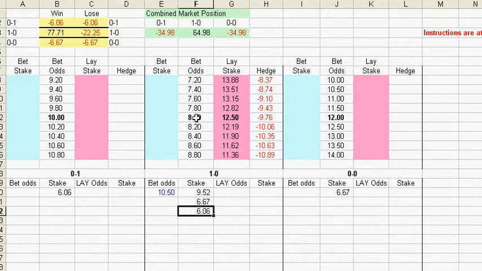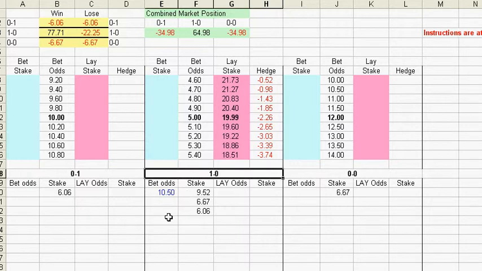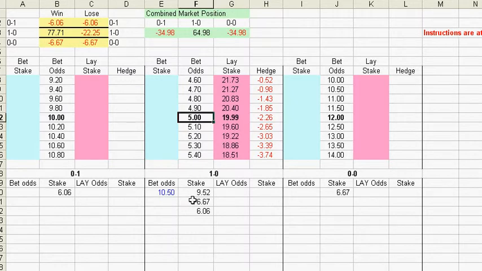Now the odds of that are likely to go down quite a bit after one goal, because that's the only remaining score. That's the current score now. So if the odds went down to 5, for instance, we would have two losing bets there, but we'd still have a winning trade in play there. So if we now place a lay at odds of 5 for 19.99, we would make a total loss of 2.26. So if you were to place that lay on Betfair, odds of 5, get matched for 19.99,